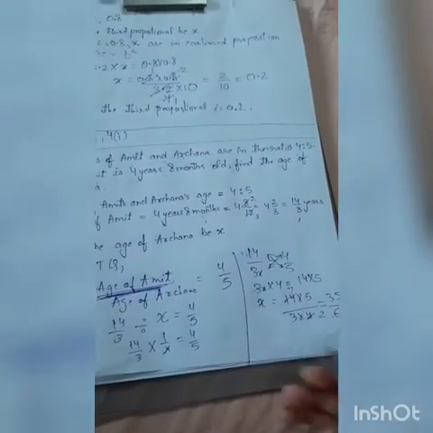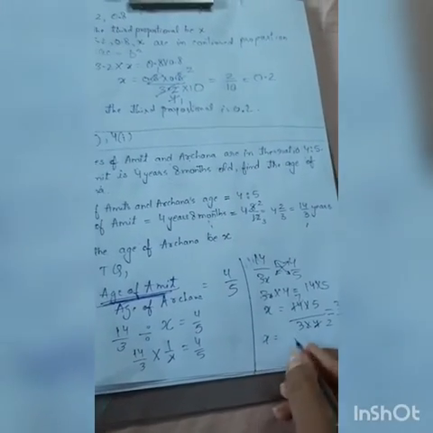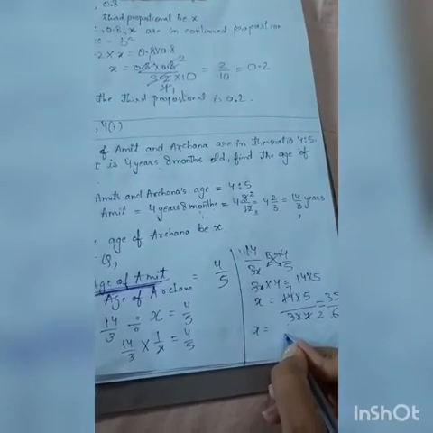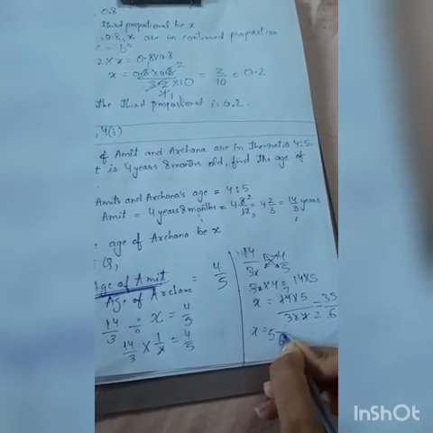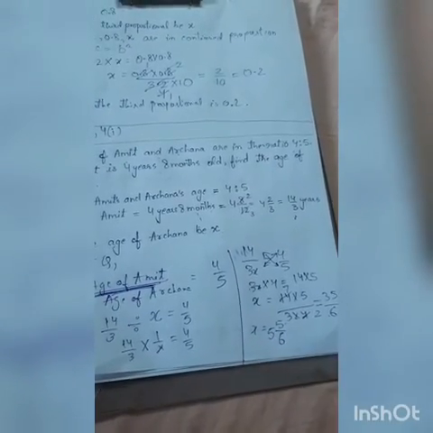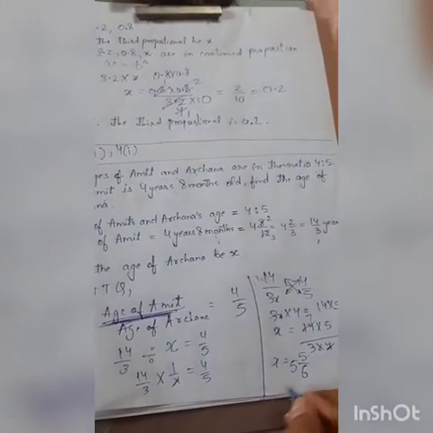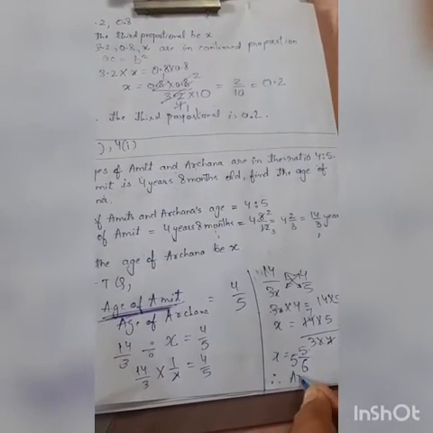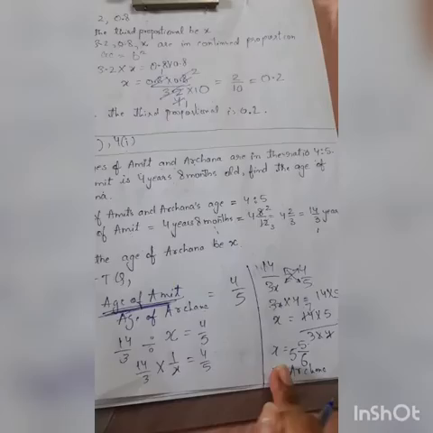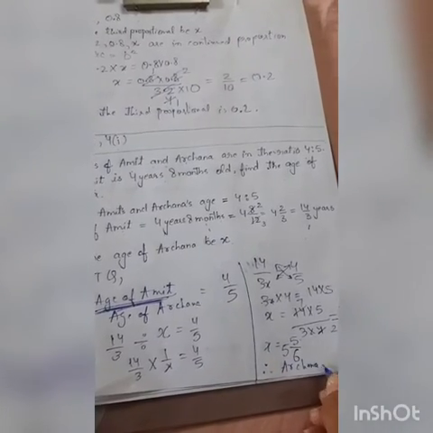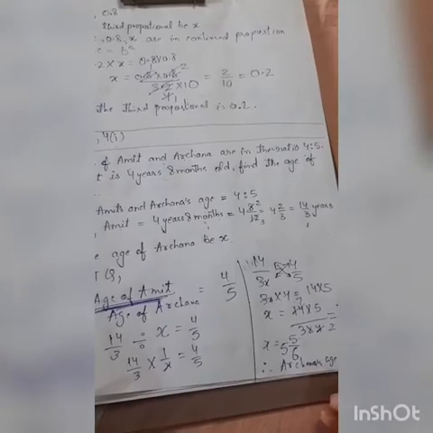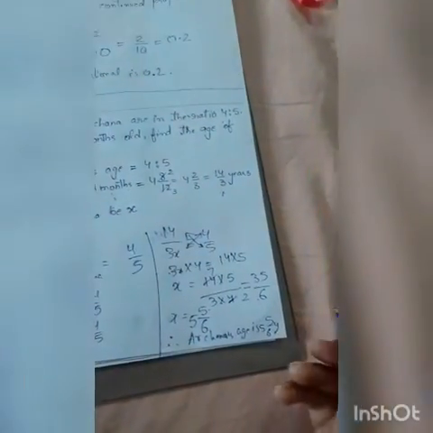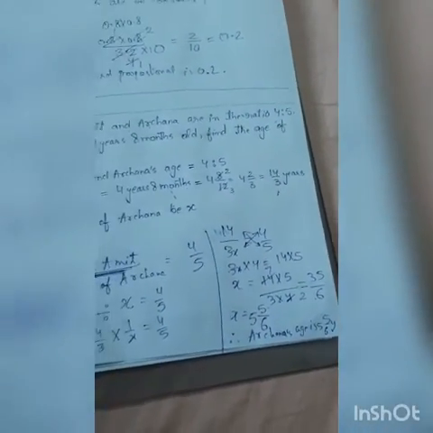I can leave my answer as a mixed fraction. x is equal to 6, 5 6s are 30, and then it will be 5. Okay. So therefore अर्चना की एज ही तो हमने x मानी थी, तो अर्चना की एज कितनी आ गई है? Archana's age is 5 whole 5/6 years. Okay, 5 whole 5/6 years.